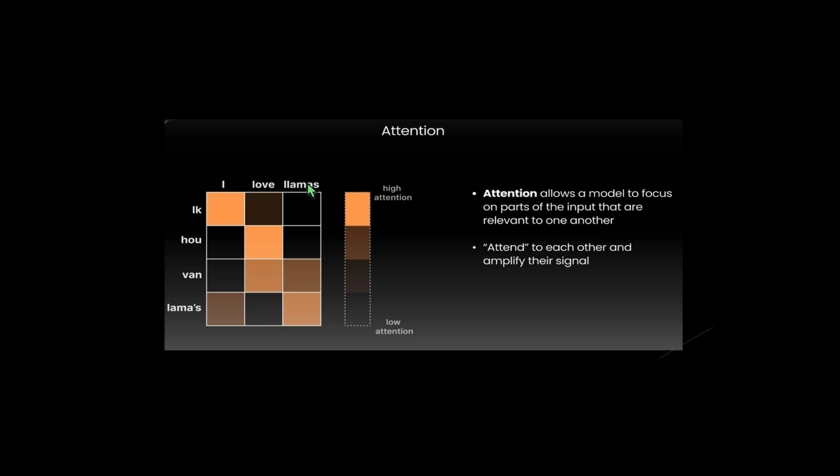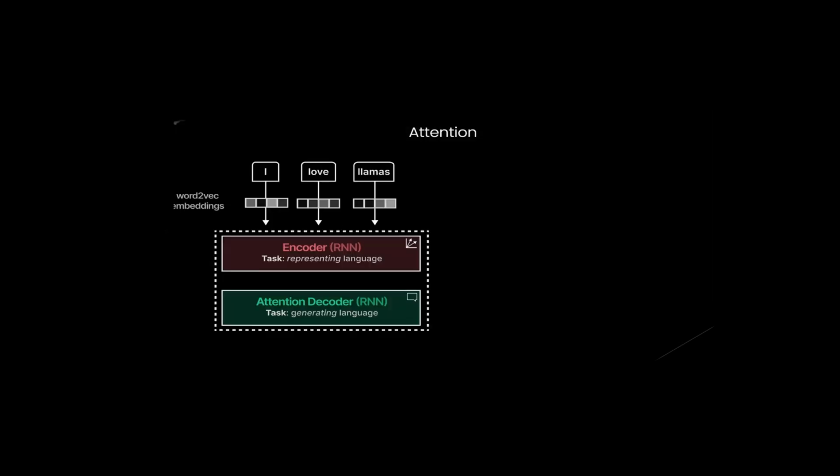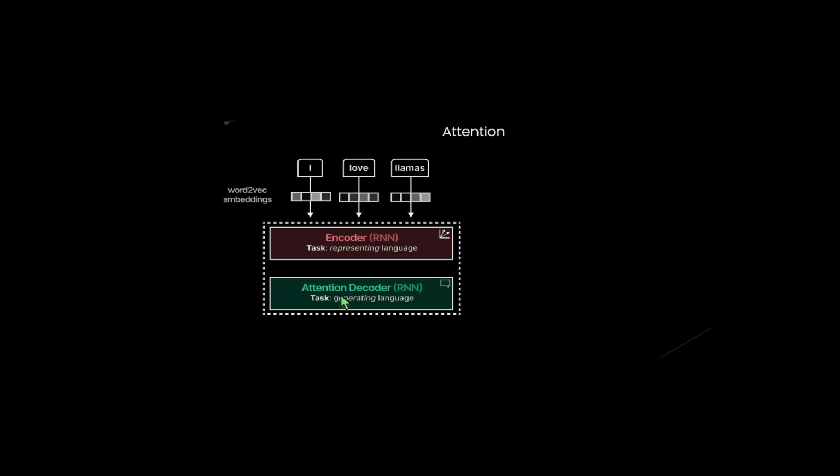Here's how it works internally. The sentence, "I love llama," is first converted into word embeddings, numerical representations. These embeddings are passed through the encoder RNN, which produces a context embedding, a summary of the input. The attention-based decoder then uses this information to decide which parts of the encoder's output are most relevant for generating